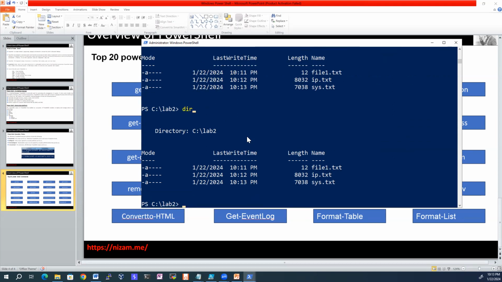So now, what is the Unix command? The PowerShell command we learned before is Get-ChildItem, right? We call it Get-ChildItem. So if we run the same command here, Get-ChildItem, it also shows you that under lab2, you have file1, you have IP, you have sys.txt,